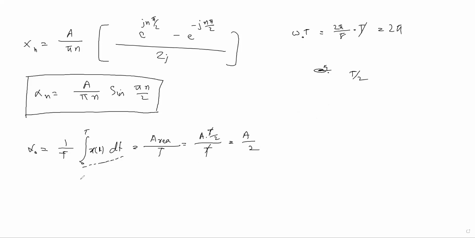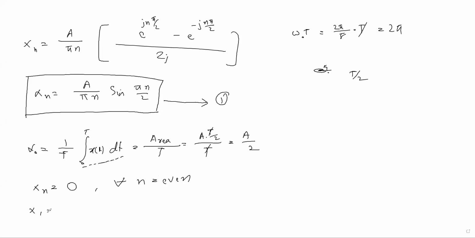Have you understood this thing? Another thing you can see is that xn will be 0 by looking at this waveform. What is xn? xn will be 0 for what value? If n equal to 1, then pi by 2, sine pi by 2 is 1, and for odd values it is giving values. For even, if n equal to 2, then sine pi is 0. If n equal to 4, sine 2 pi is 0. So xn will be 0 for all even values of n. Only for odd n will we get the value of xn.